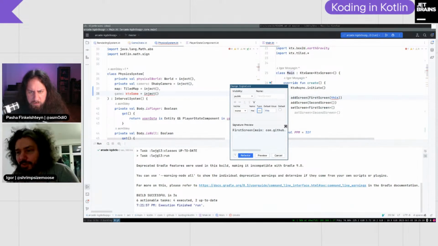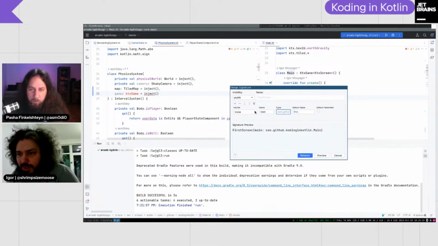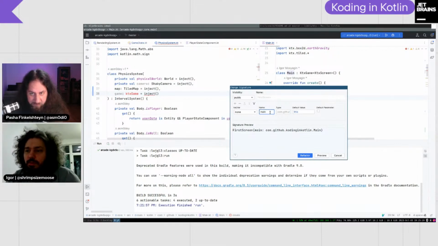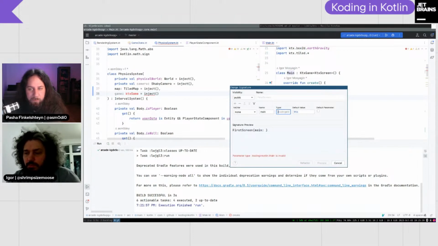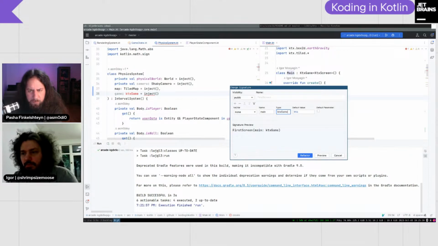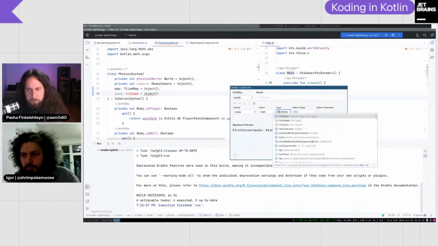Now we change the type of it. Type to the right. Yes, thank you. Select everything in it and type KTX game, from the capital K. Yes, this one.